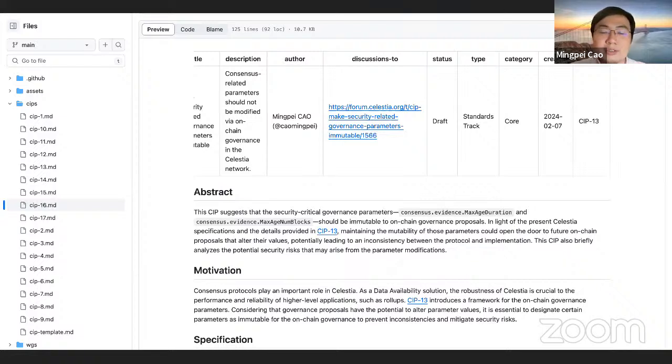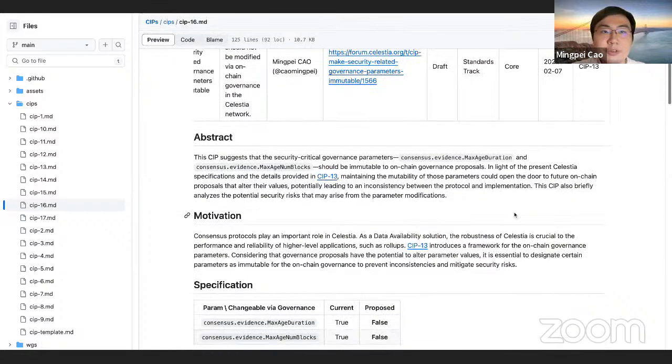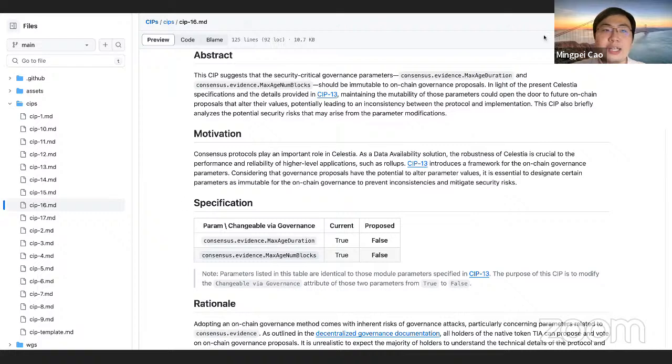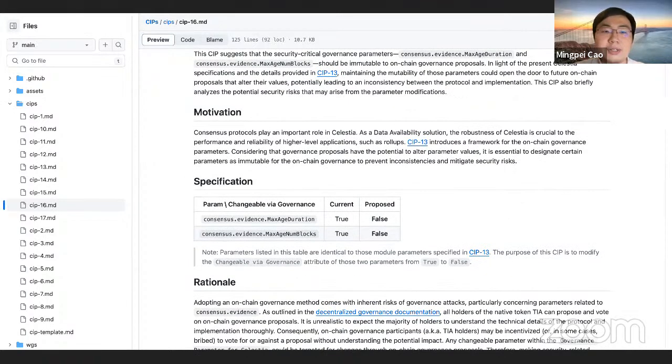which is 21 days for Celestia. The evidence is submitted by a node that finds adversarial behavior, such as double signing blocks or a validator being offline. That's why it's security related.